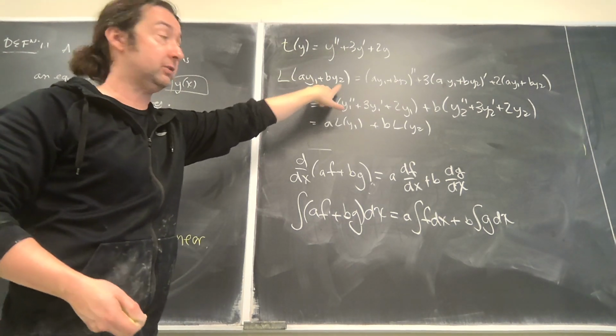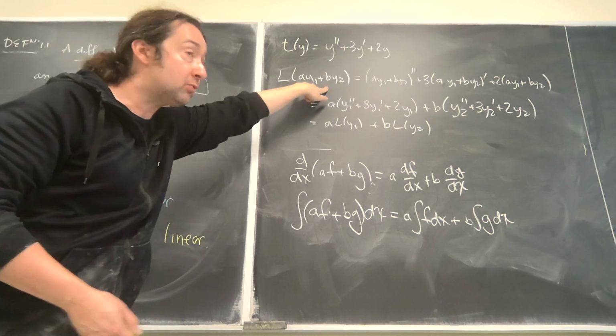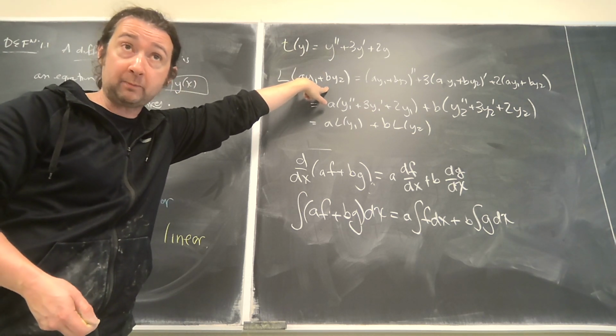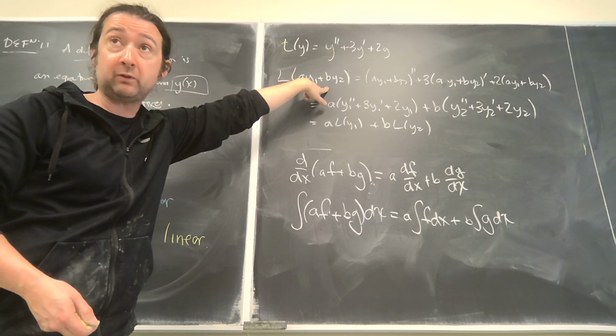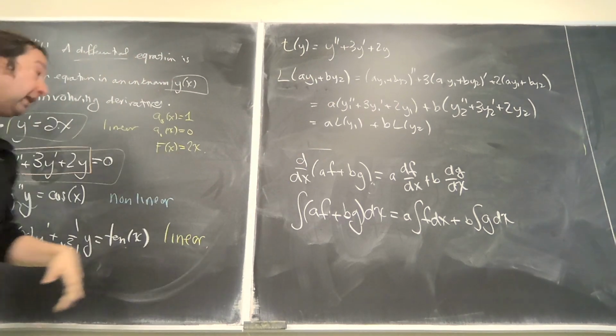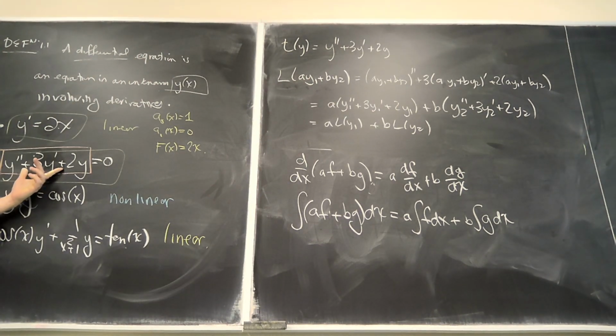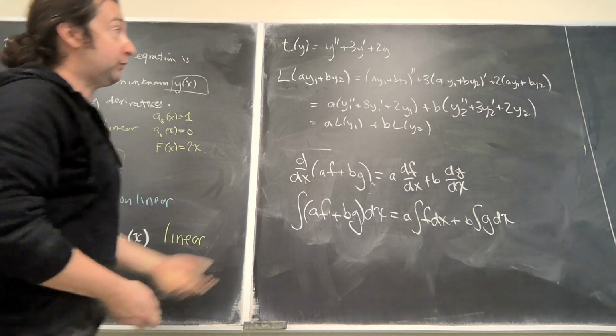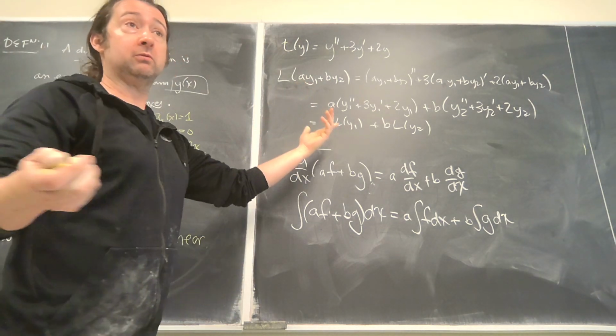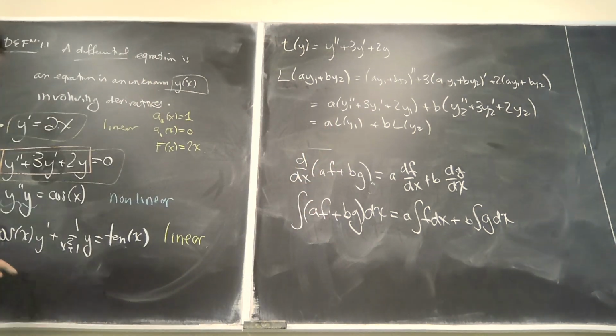I'm just pointing out that these are where matrices come from. Linear operators are the operators that I can represent with matrices. So I want to point out that there is a matrix that describes what's happening right here. This differential equation is linear because it comes from a linear operator. Or if you like, it acts like the derivatives do. This one, on the other hand,